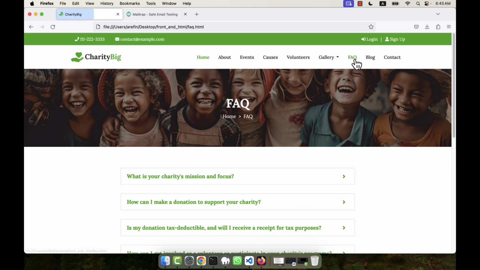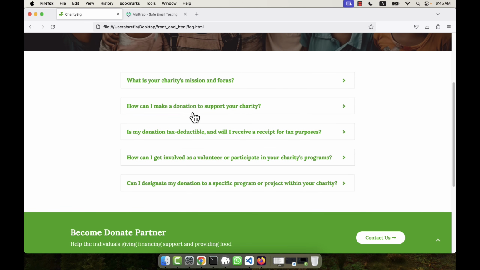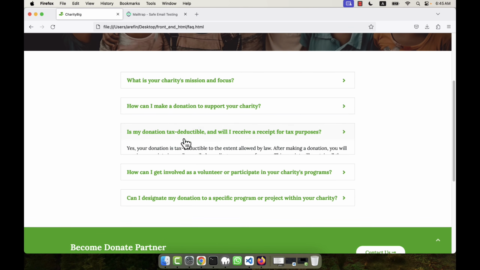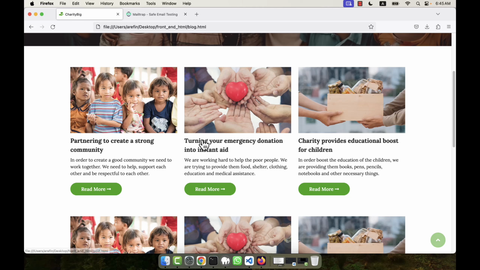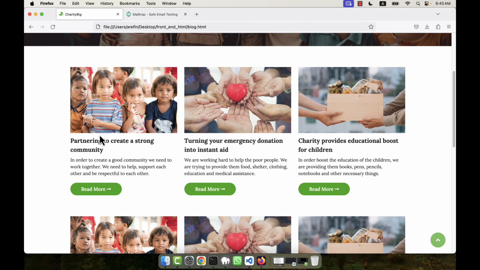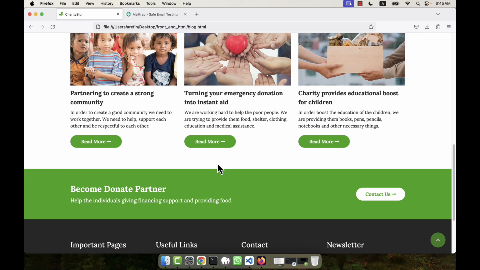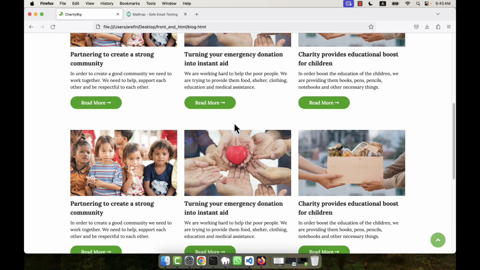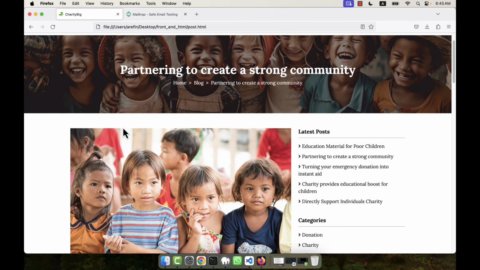And then there is the FAQ section of the website. The total website FAQ section will be given here. All the questions and answers you will get in this section. And there is a blog section. You will be able to see all the blog items here. That is this one. All the blogs will be shown here, and at the bottom there will be pagination with multiple pages. In each page, I will just fix how many blogs will be shown. And if you click on any particular blog, it will take you to the main post page,